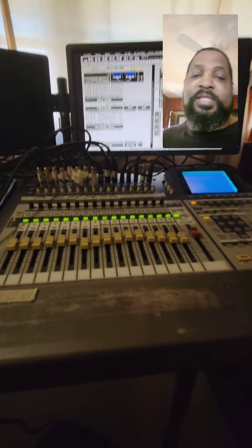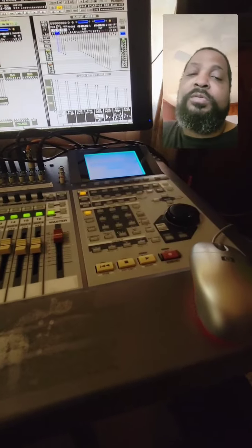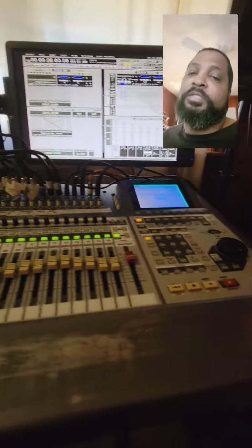Would I recommend the VS-2480? You might think I'm going to be biased on this, but I think it really just depends on you. If you're expecting this to work exactly like your DAW on your computer, then I would say no. Yes, you can cut and paste, you can split the waves, you can move it around and you can mix. But it is a bit of a learning curve, and I think a change in your mindset too. You can use the mouse for all the functions, but for me,